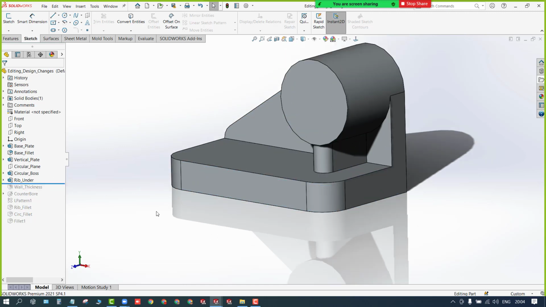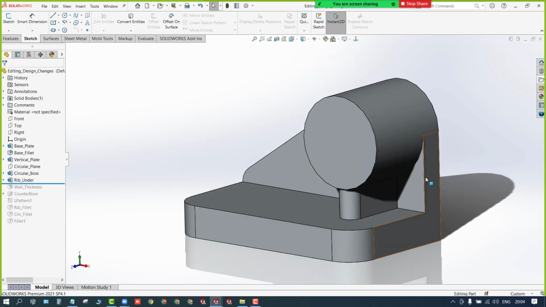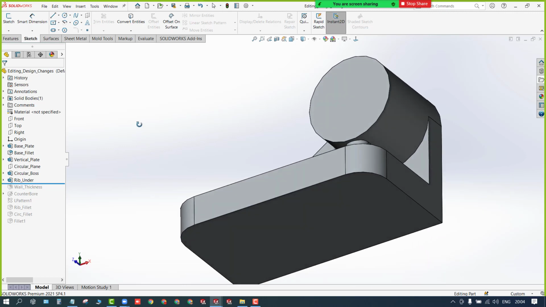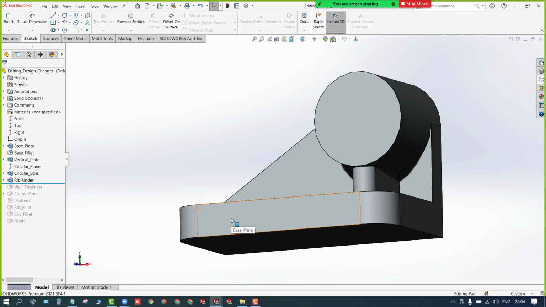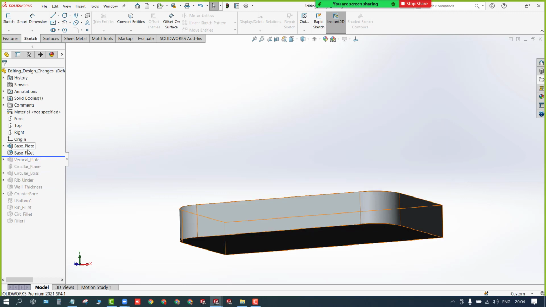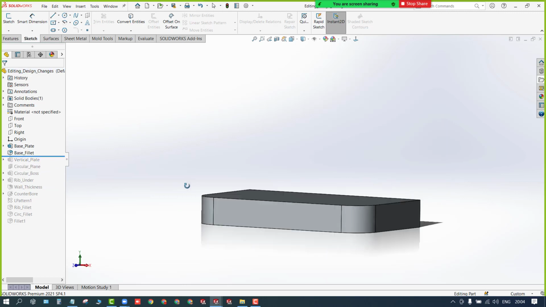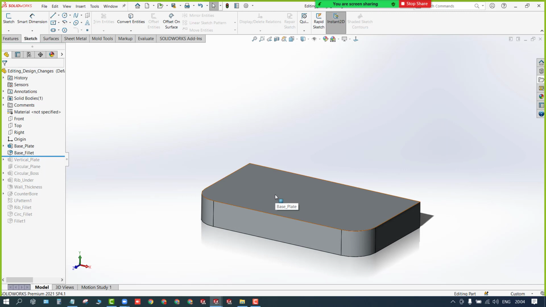Now what does the software think? All these features got created, right? And now if I apply the shell, it will extend up to the entire body, right? But if I drag and drop it here, and apply the shell, it will extend up to this top face, right? You getting my point?